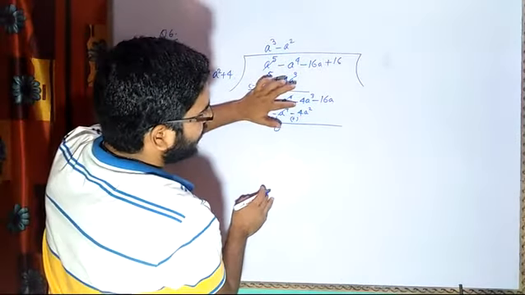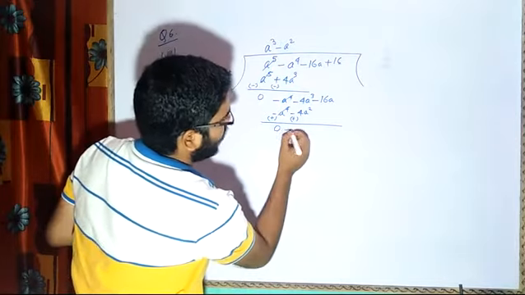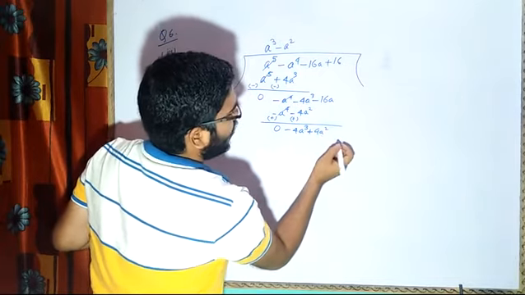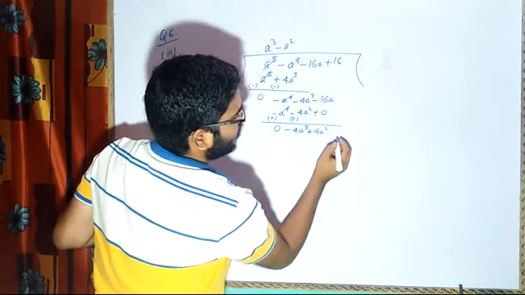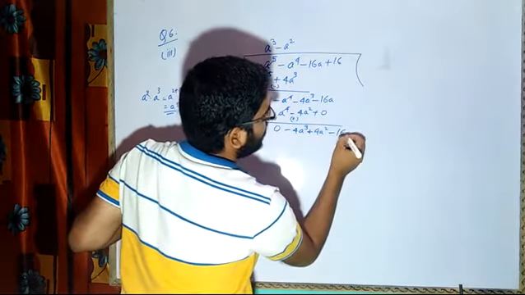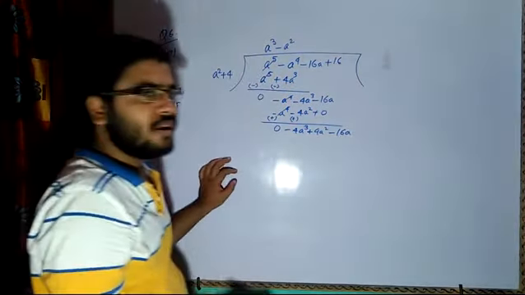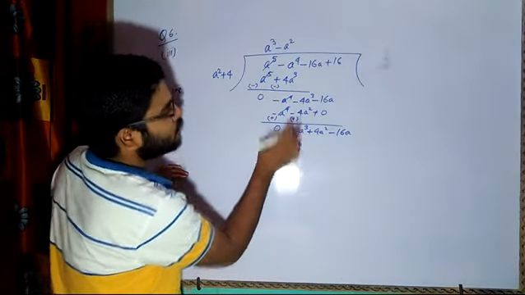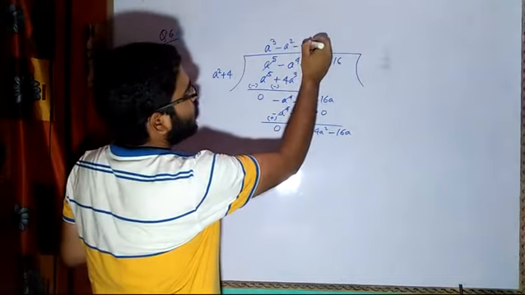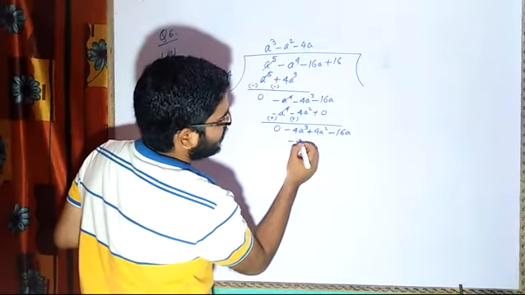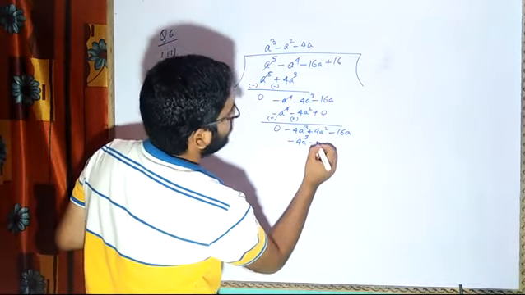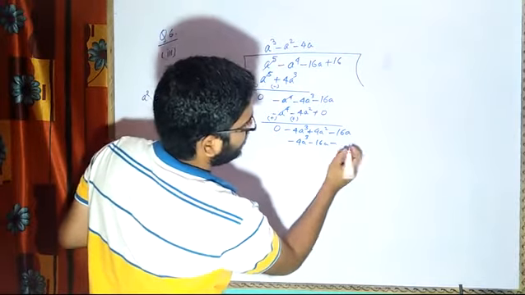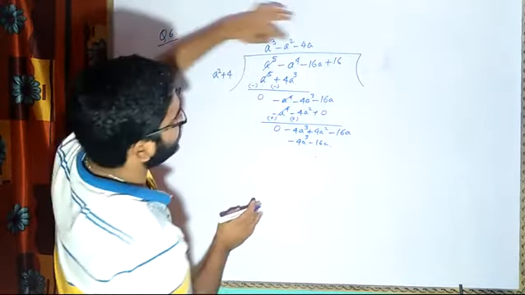Now here you see it is minus 4 a raised power cube. So I will write minus a raised power cube plus 4a raised power square. And then here we don't have anything, so I can write it as minus 16a. Correct. Is there anything that we can do here? We cannot do anything. Now again I want minus 4a raised power cube. So I will write minus 4 into a. That will give me minus 4a raised power cube minus 16a. 4 into 4 is 16, and then minus 16 is already there, no need to write. 2 times only we have to multiply.